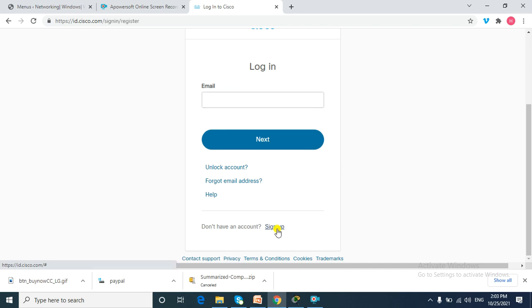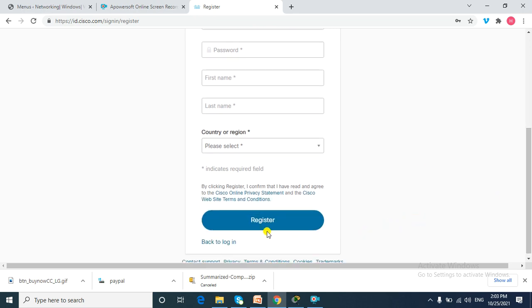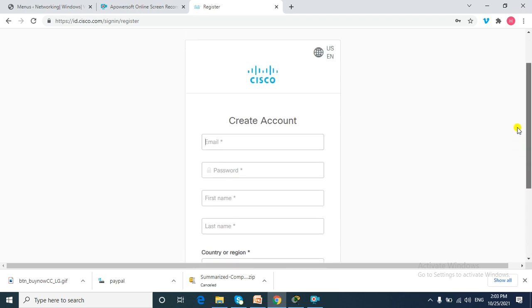So if I click on it, it will take me to this create account form. So I can fill in the appropriate text for these fields. I put in my email address, my password, first name, last name, country, and then I scroll down to register. So when you follow the process, you would